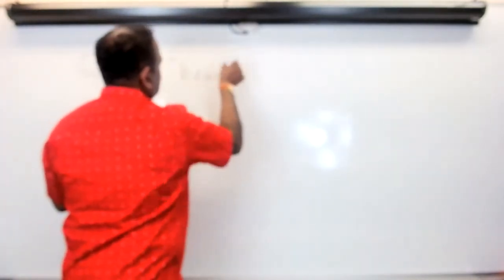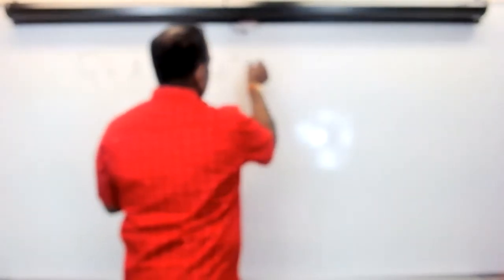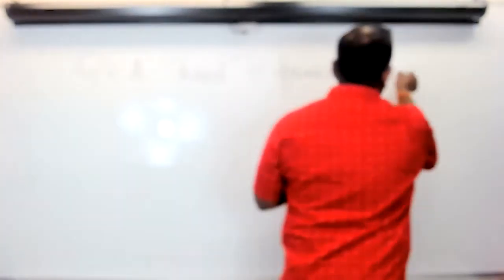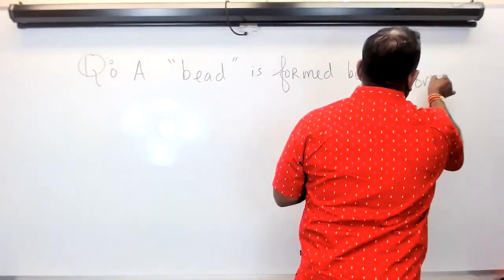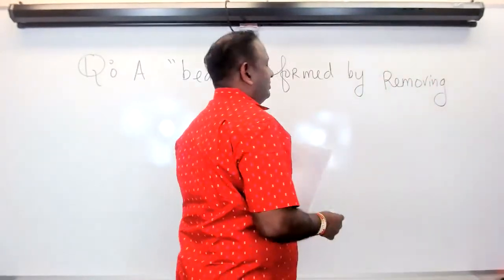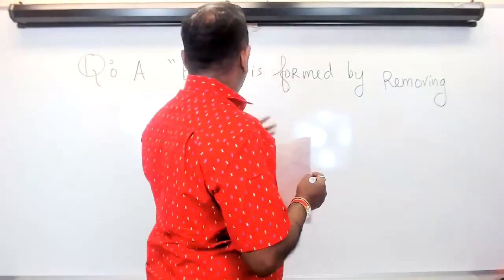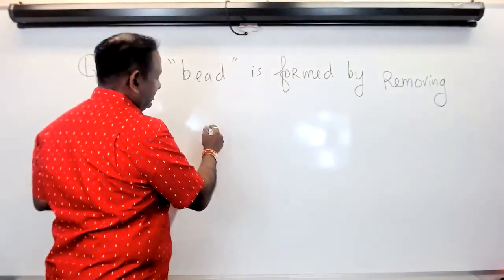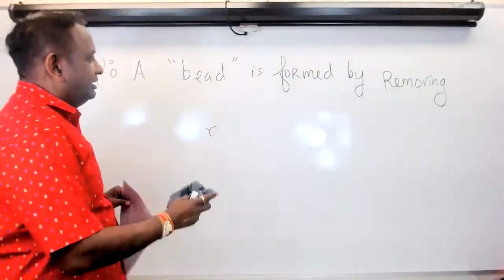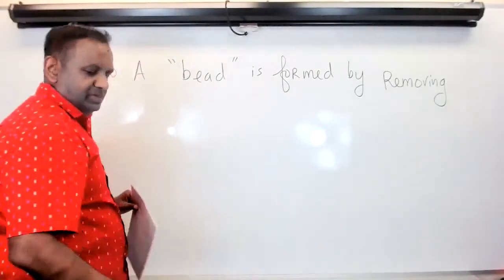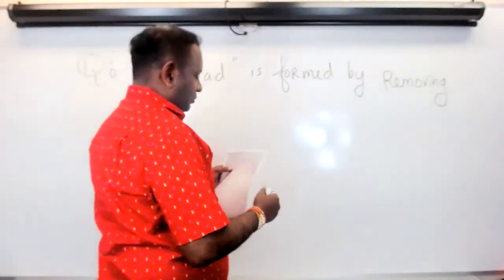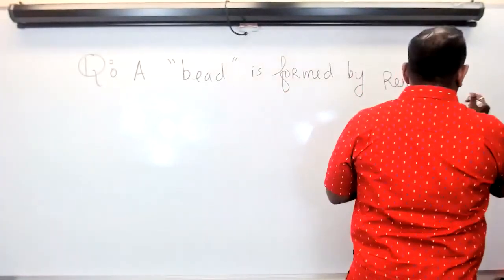A bead is formed by removing a cylinder. I'm going to write uppercase R to distinguish it from my simple r, because if I write the simple r, it sometimes looks like a v. So I'm going to write uppercase R all the time. So, formed by removing a cylinder